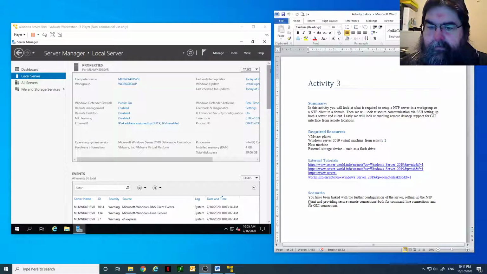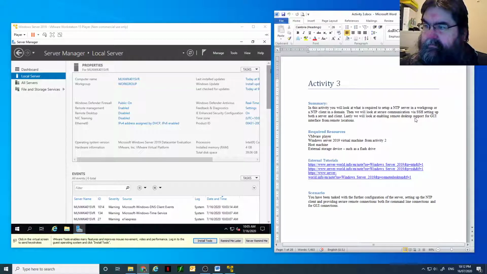All these links are from the external Server World website, and basically what they go through is the step-by-step installation. Now, as discussed in the presentation in class,